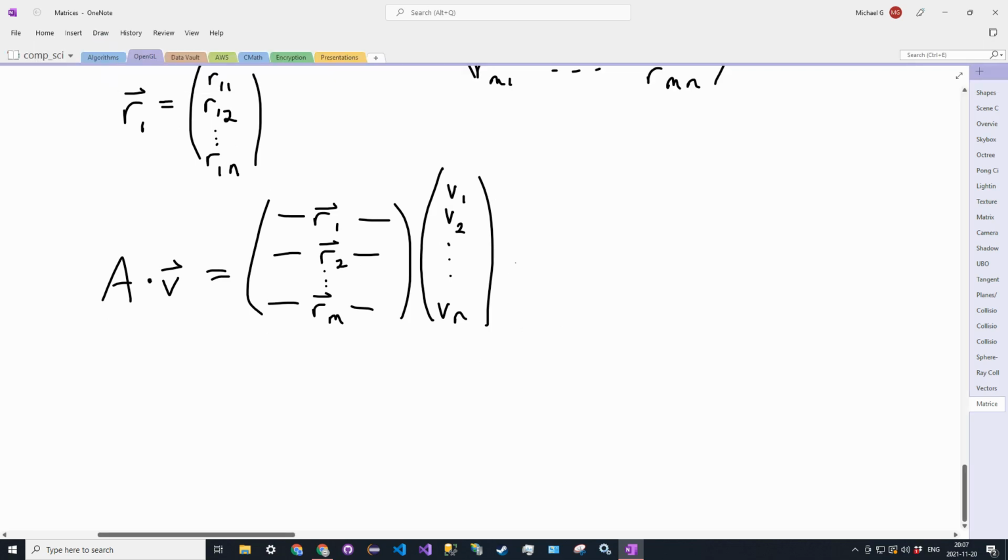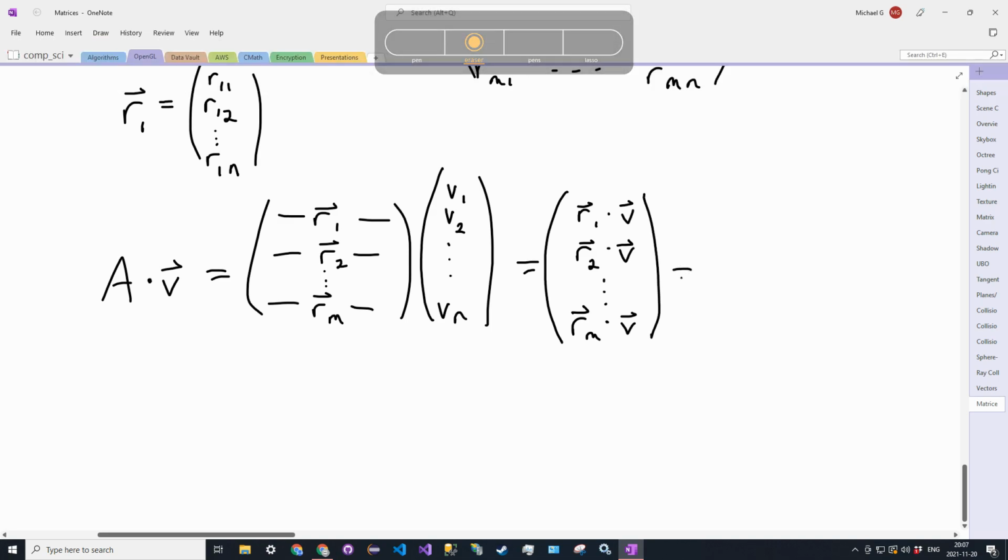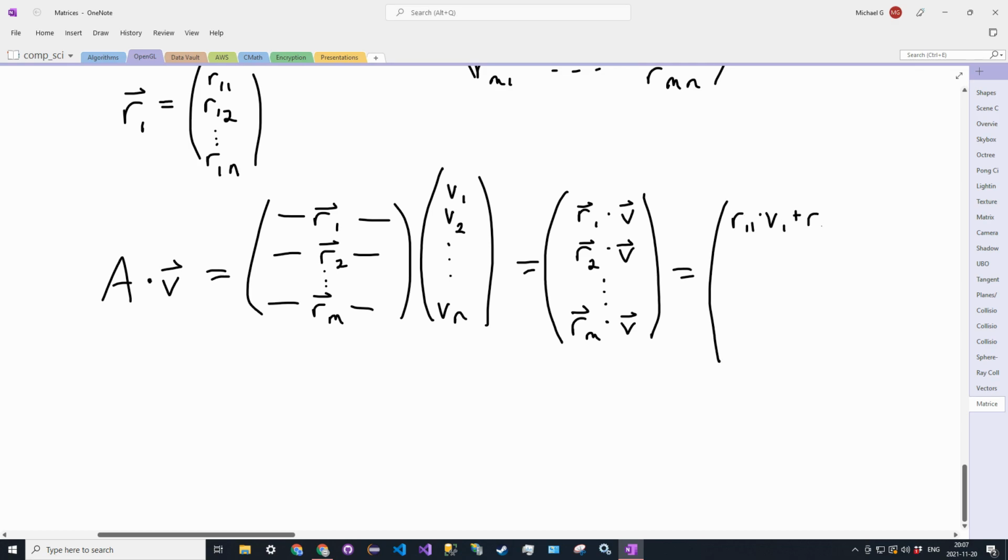So the resultant here will just be the dot product of the vector with each row. So the first row will be R1 dotted with V. Second row will be R2 dotted with V. All the way down to the mth row dotted with V. And we're using the dot product here from what we learned in vector multiplication. So if we were to expand this out, we would get that the first row is R11 times V1 plus R12 times V2 plus all the way to